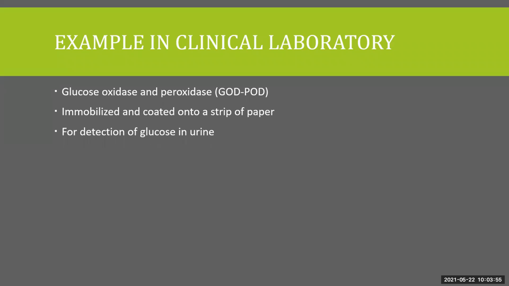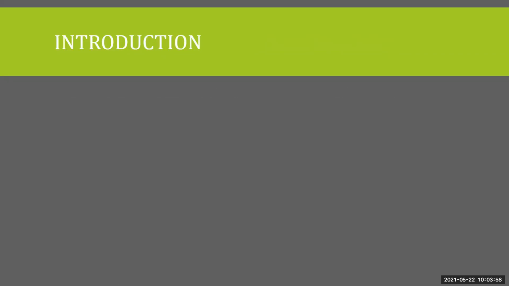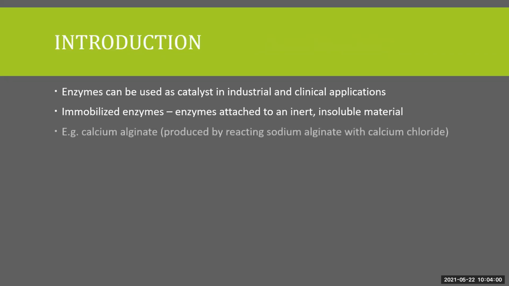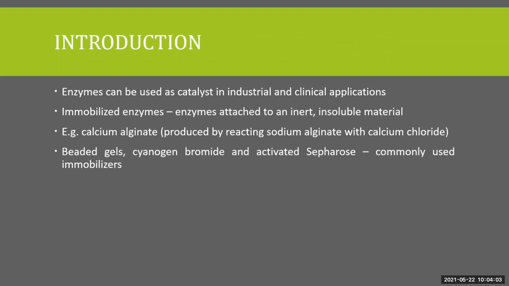Before ending the topic, I'd like to summarize what we have done in today's session. Number one, enzymes are normally used as catalysts in both industrial and clinical applications nowadays, because of their highly specific nature and ability to produce faster results compared to chemical methods. So for using them at some level in industrial application or in the clinical laboratory, we use a method called immobilizing the enzyme.